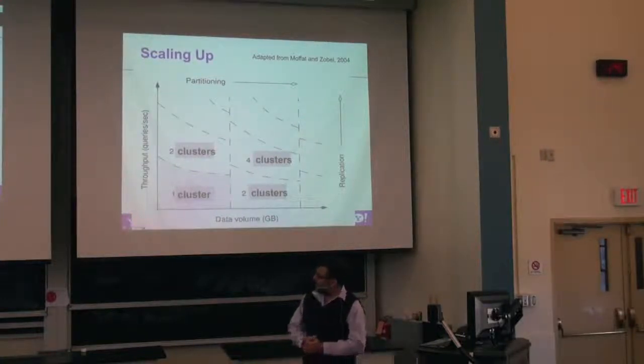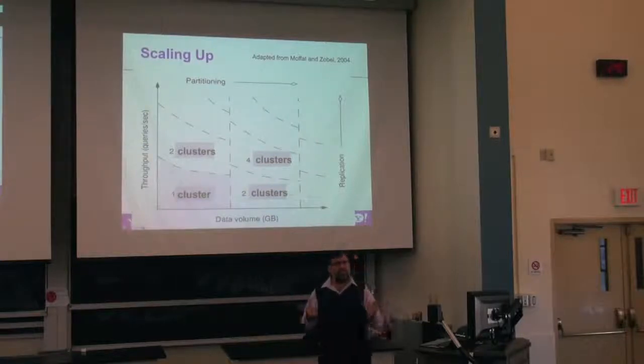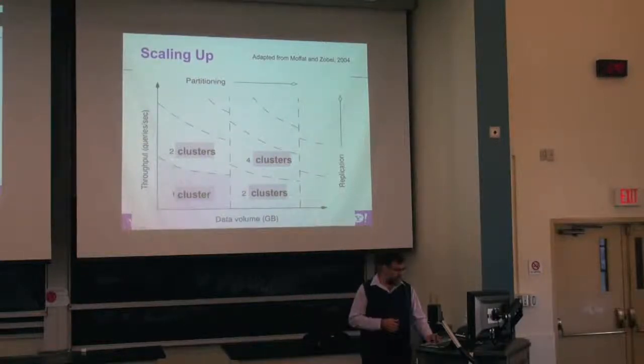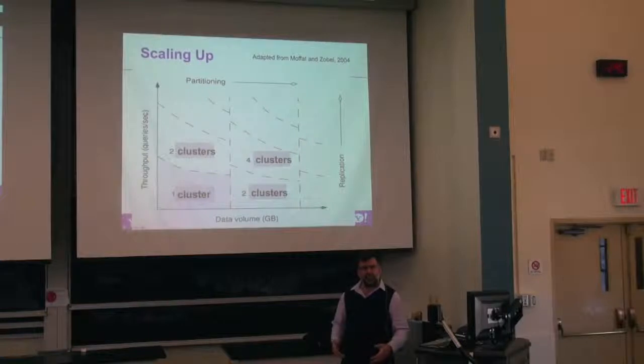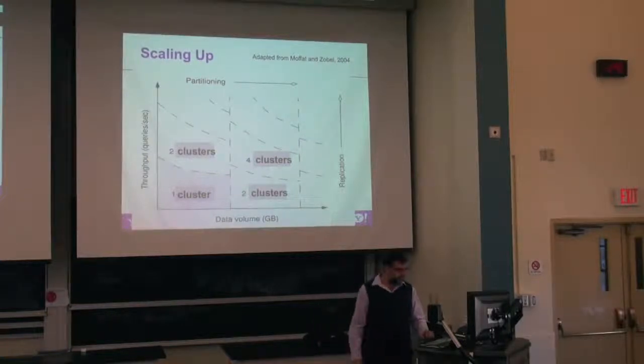So basically, you have two scalability problems that you have to deal with. You have to deal with data volume, which in web search means a larger and larger index, and in the other dimension, you need to deal with more queries per second, because you have more people asking, and so on.